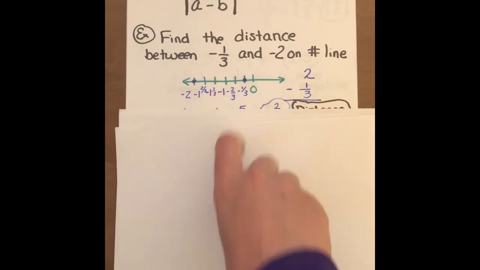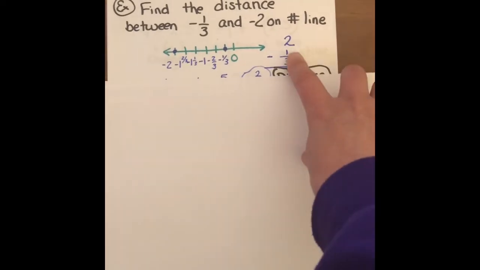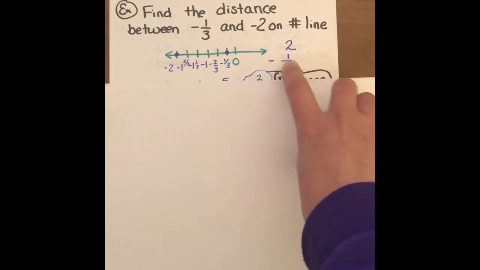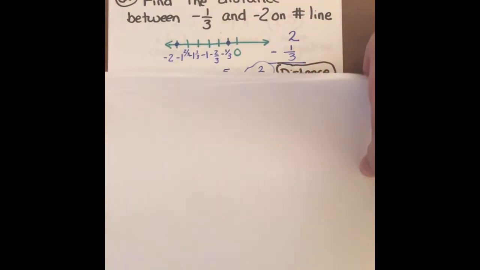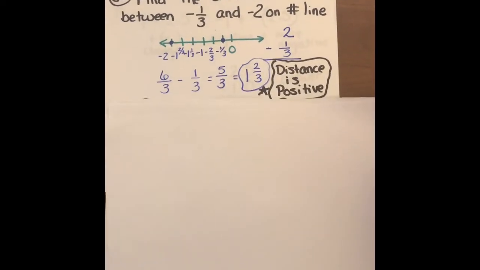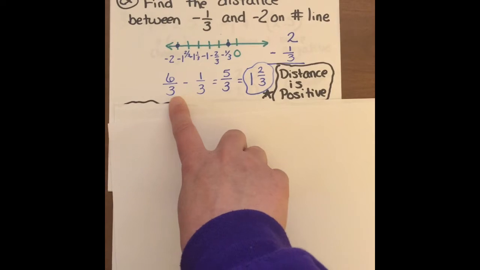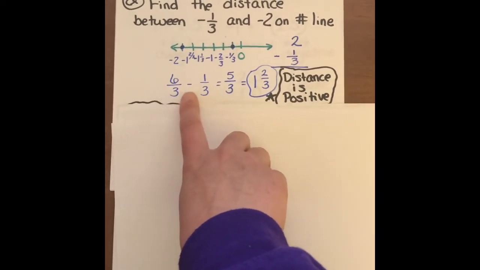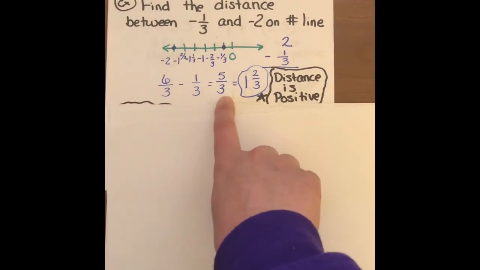between those two. So I'm just going to subtract the absolute value of them. So instead of negative 2, I've got 2, and I'm going to subtract out 1/3, which is the absolute value of negative 1/3. I need to know what that distance is, that difference. So I changed my 2 to 6/3. That is 2, right? So 6/3 minus 1/3 gives me 5/3,